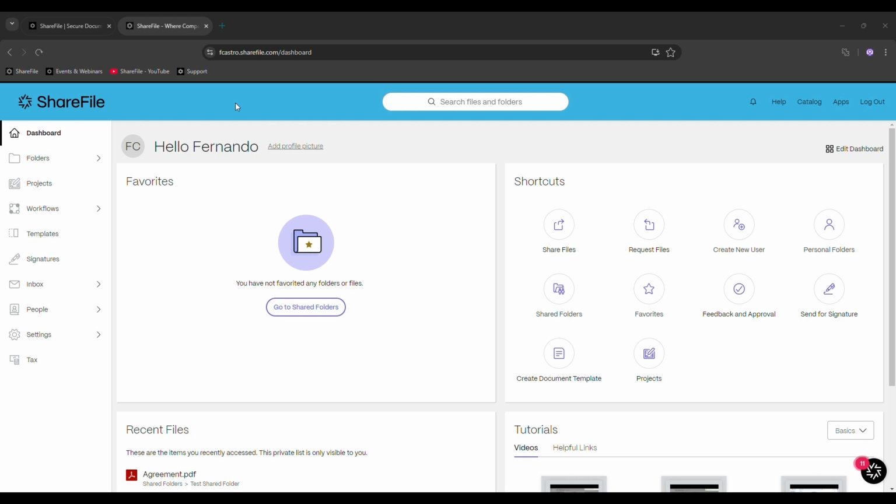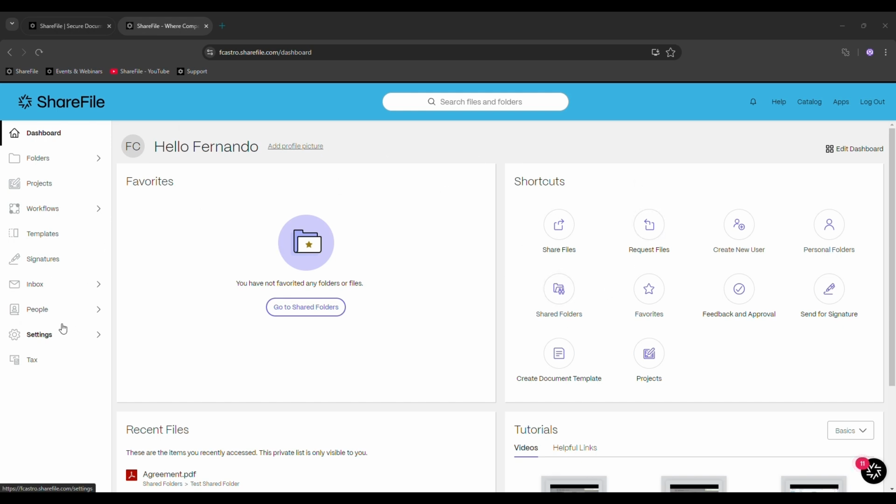I want you to please take into consideration that my account is an Industry Advanced account. I'm part of the Industry Advanced plan, which means that I'm going to have pretty much all the options listed in here. On top of that, I'm the account owner of this ShareFile domain.